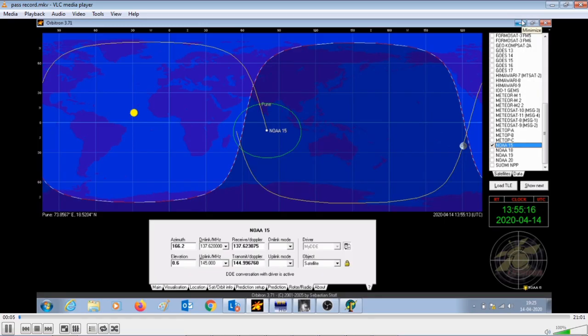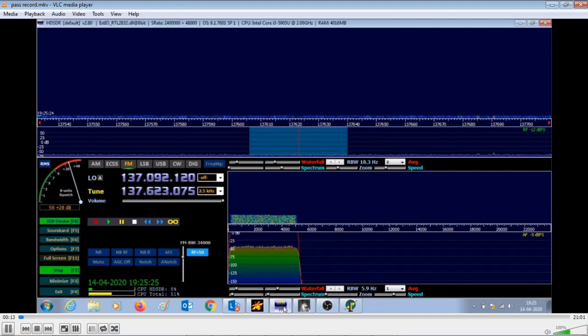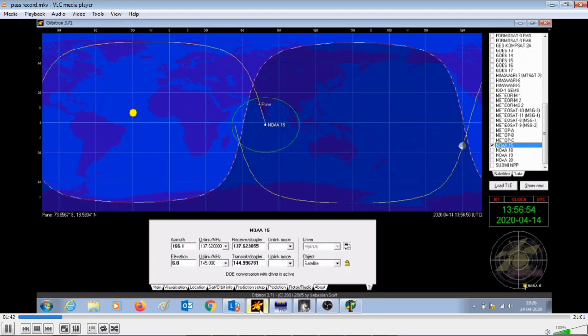So here we can see a recording of a NOAA 15 pass over my location. I'm using a screen capturing utility here. The elevation angle is 6.8. So soon there will be an AOS notification given by Orbitron software, which you will see at the bottom of the screen, and